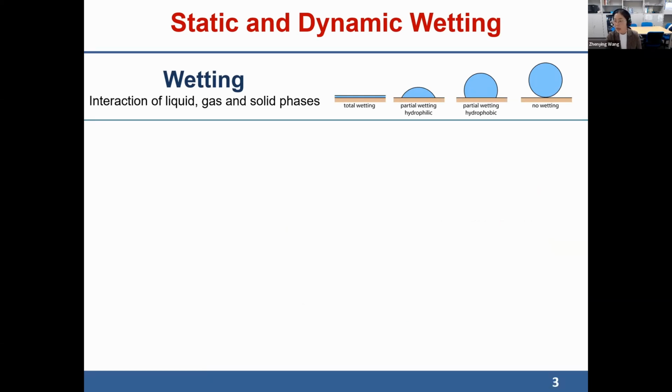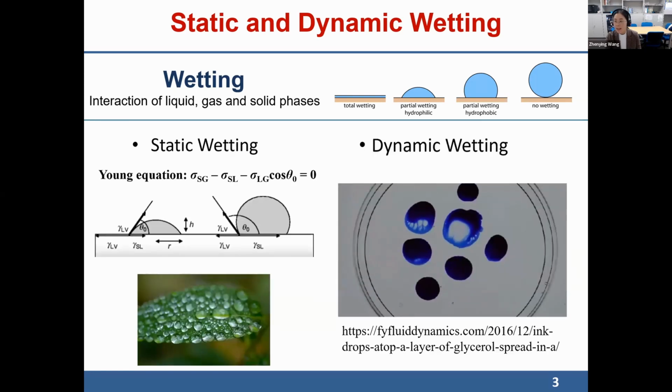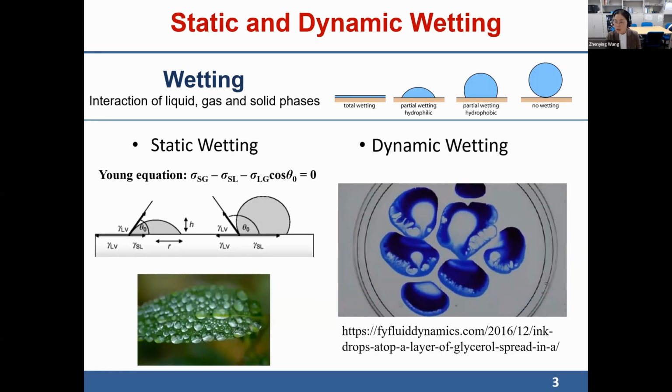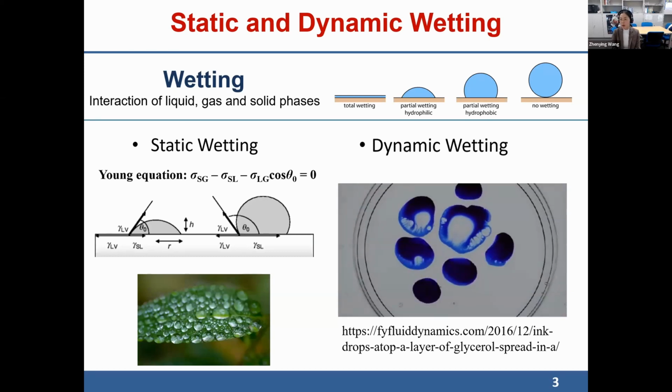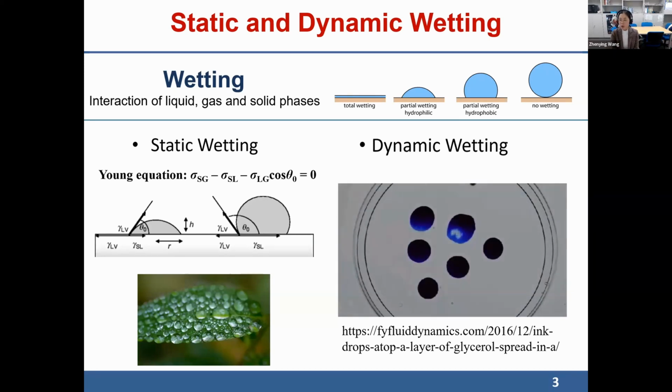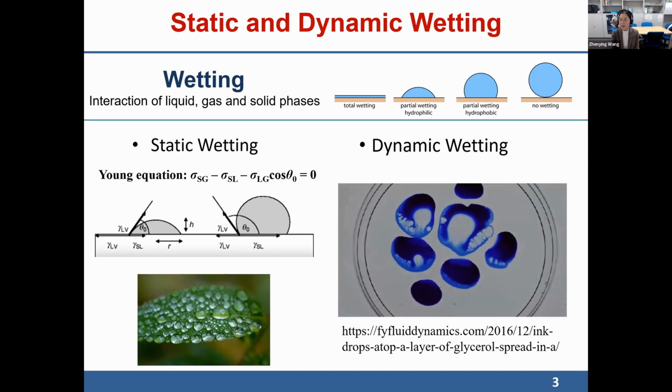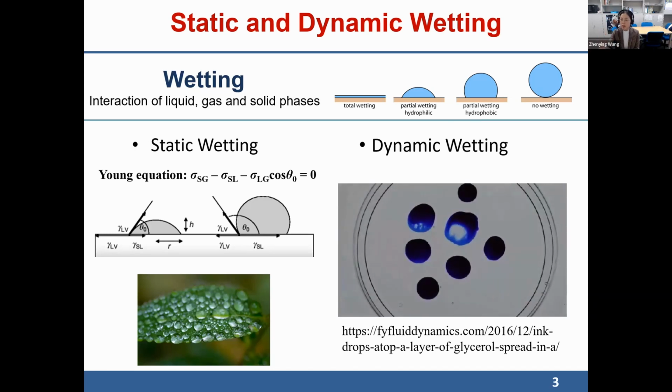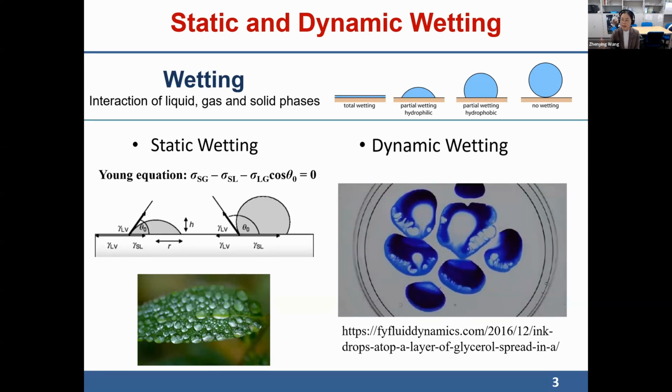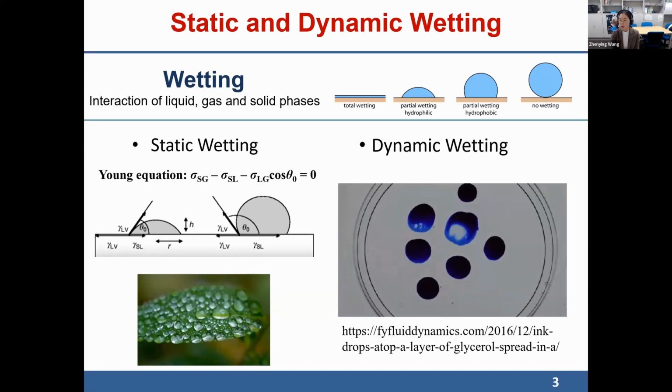Things become even more complex when we come to dynamic wetting. Different from a sessile droplet on a solid substrate, if we consider dynamic wetting, when a droplet firstly gets in contact with the substrate, there will be more